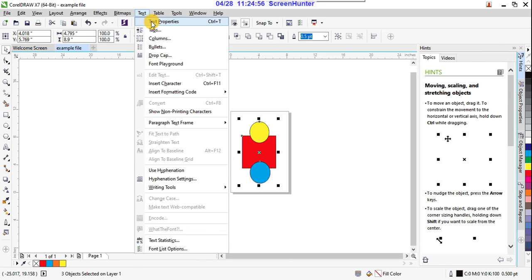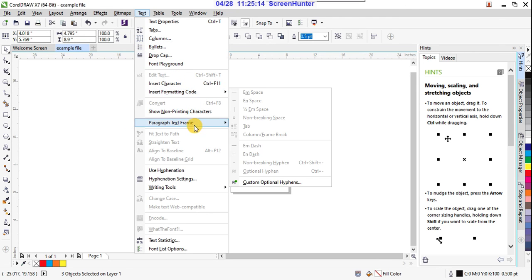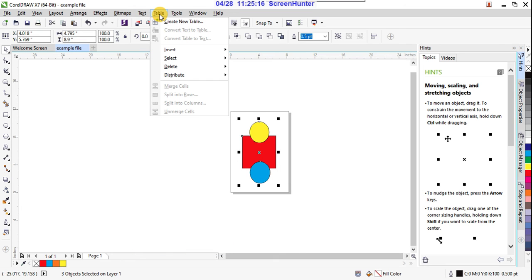And text, here text information. Like Photoshop and Illustrator, we use text and text-related things. The same way here you can use your text options, right? Columns and bullets, drop caps, font play. I'll explain all of this one by one. And here tables, to create tables, right? And operate tables and manage tables and merge cells. By using these tables you can create certificates, mark sheets, whatever, all the things we can manipulate.